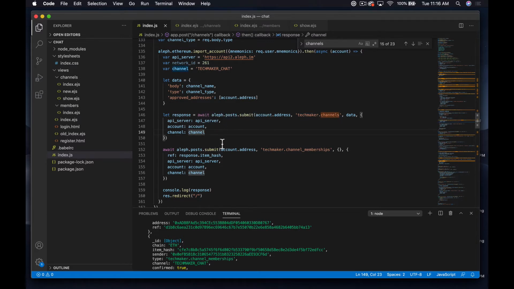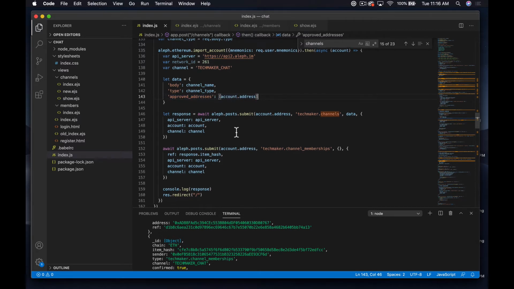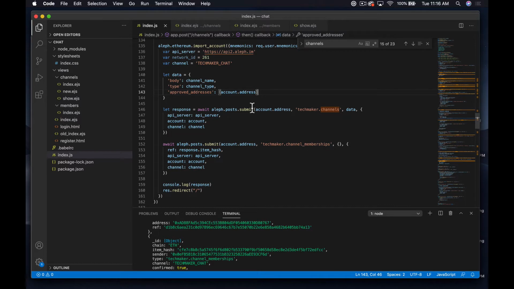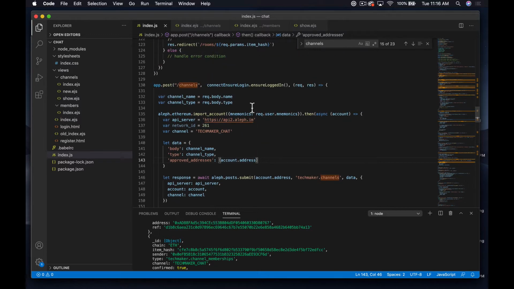Okay, so if you recall, right here, so we have techmaker.channels. So we're posting there, and you can see that we're putting the approved address, the address of the creator in the approved addresses, and that's how that person is allowed to chat on that channel right now. So what we're going to want to do is create a new